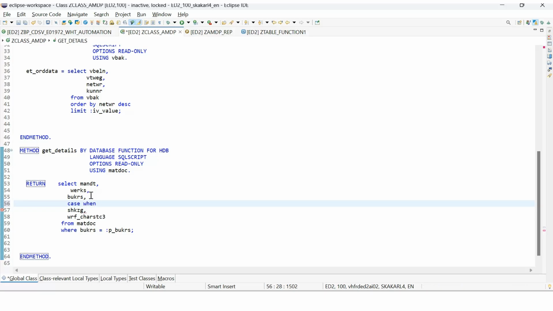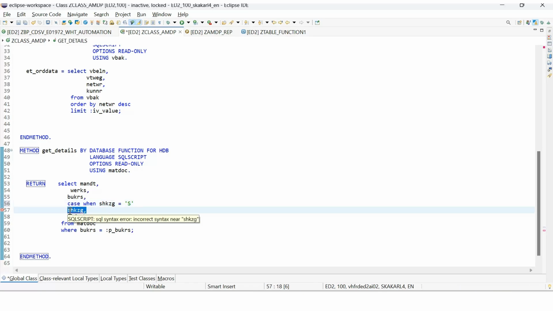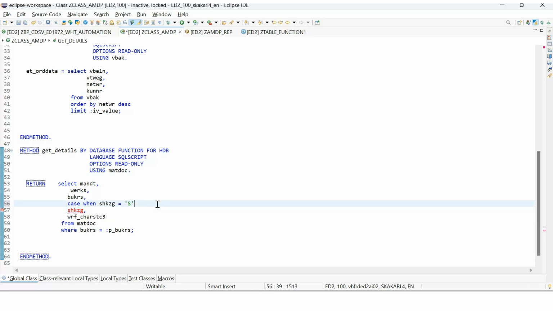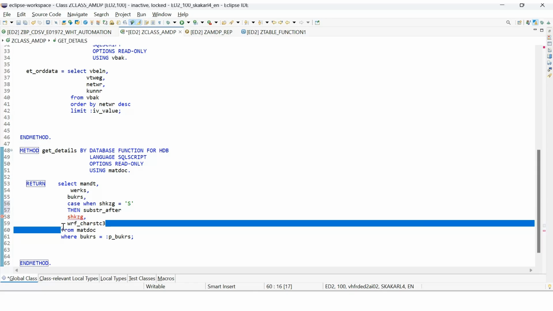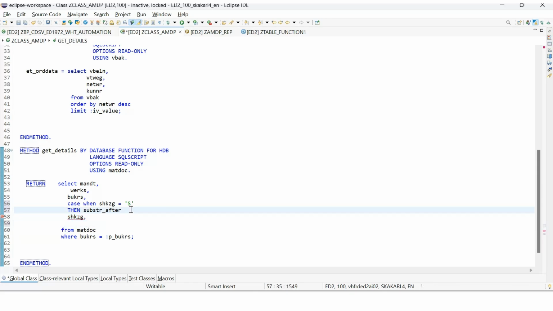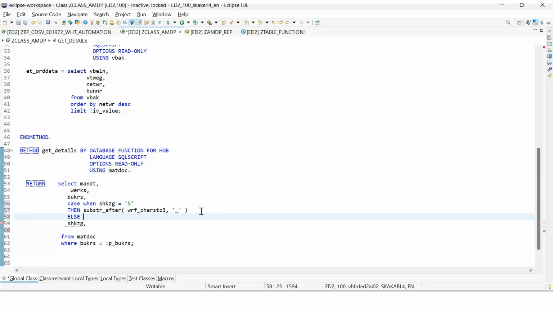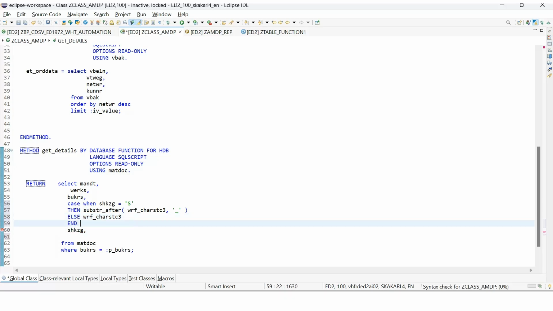Case when sh kz z equal to yes, then sub str underscore after comma, else I will just give this one and as